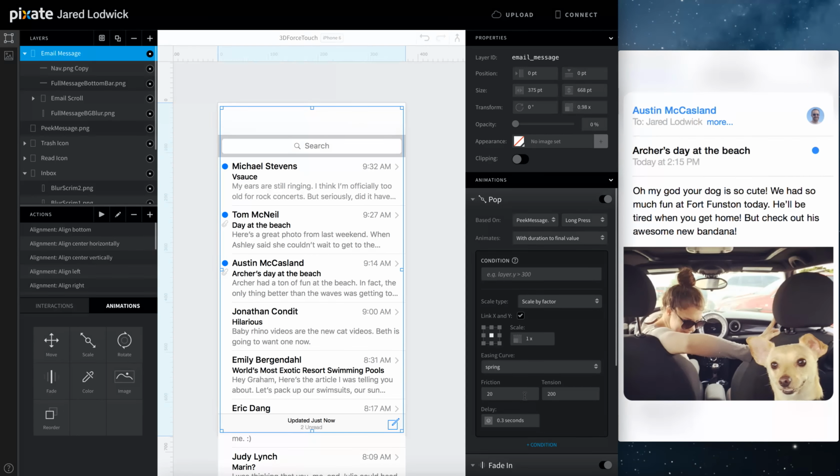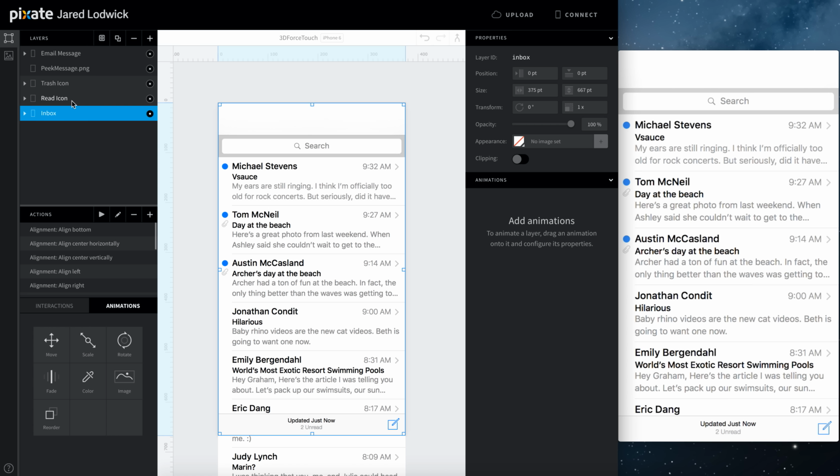So there's just a couple more things that we need to do to finish this up. We need to work the status bar and the header. Now what happens is the header doesn't actually move out or change based off of the pop. It's actually still there, but the words on the header move off. So we're going to add those in two stages. For the inbox, we've got our inbox ones, and then for the email, we'll have the email ones that'll